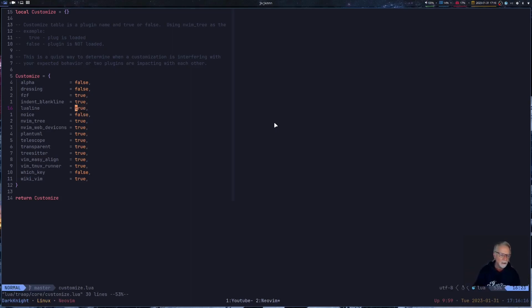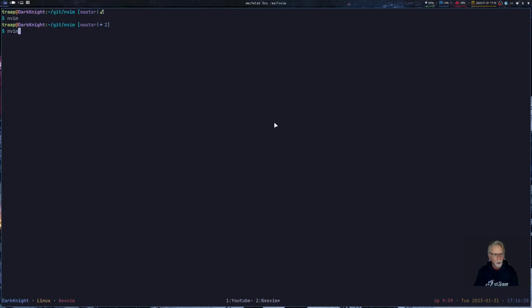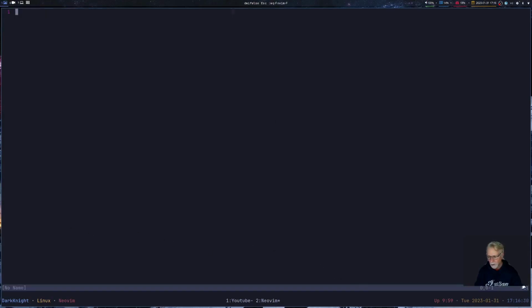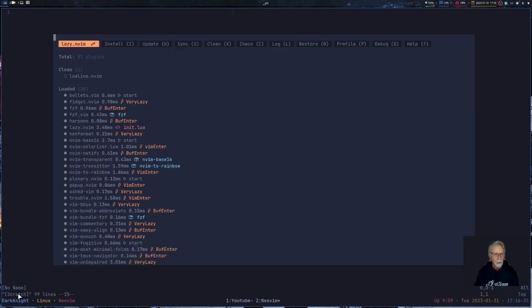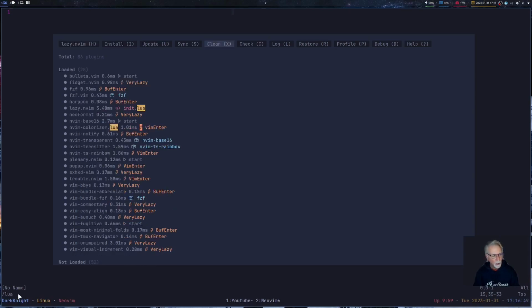So right now, as an example, I am using Lualine. Let's say I don't want to use Lualine for whatever reason. I just simply go in here and tell it false. Save it. Now you're going to notice when we come in, the line at the bottom of my screen, the Lualine, all the information is gone. And if I go in and look at the packages and we look for Lualine, we're going to find that Lualine can be cleaned. It can be cleaned because it wasn't loaded, and as far as lazy is concerned, it doesn't need it. So if I go ahead and clean it and get rid of it,